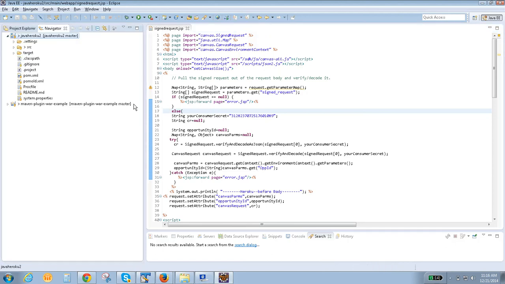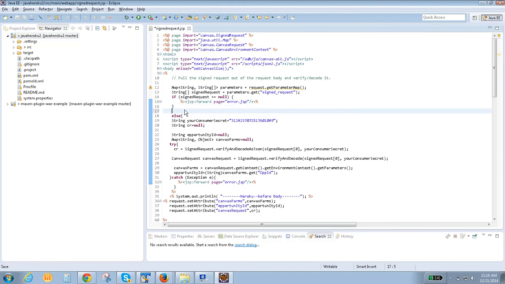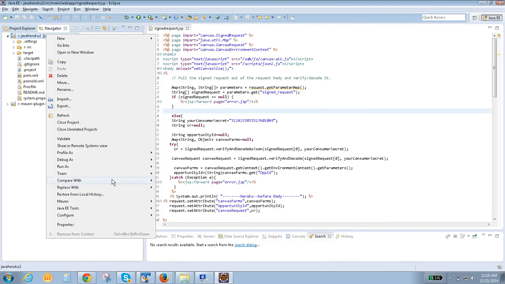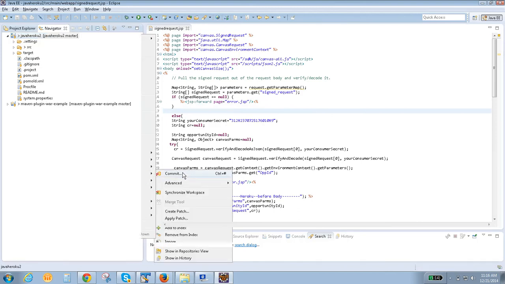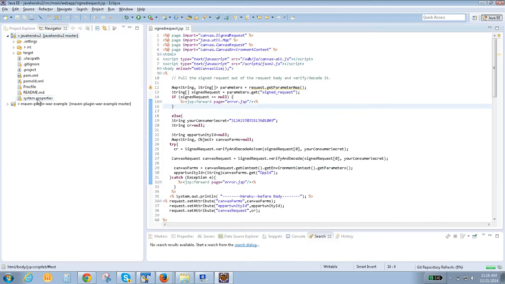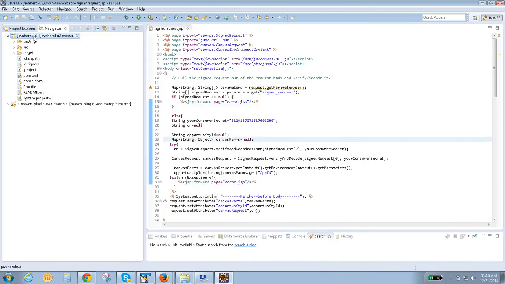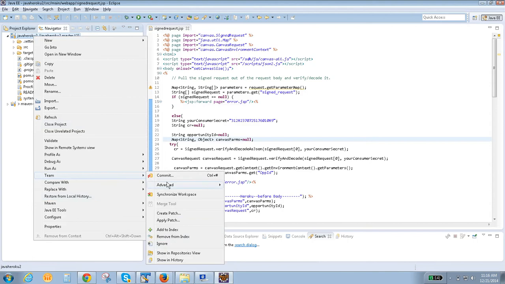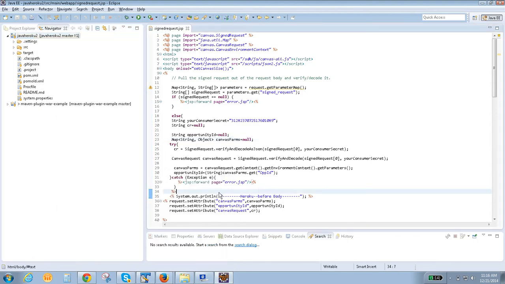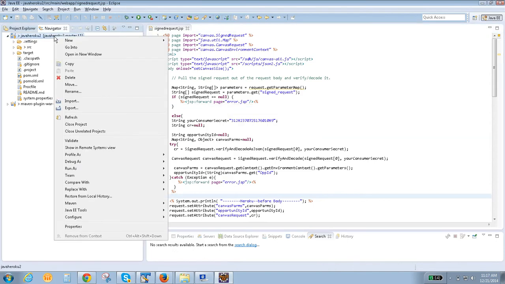Deploy is nothing but, if you right click here, and if I modified any code, I have all of this configured with my username and password. If you right click over here and choose Team, first make sure we commit that code, the changes. It is using a Git library internally. Next we have to go like this, Team... why is it missing? So one more deploy option is there. I will explain in detail about this in the later sessions.